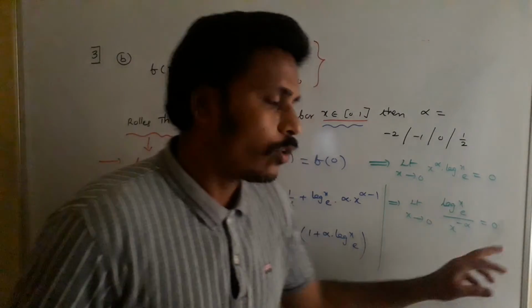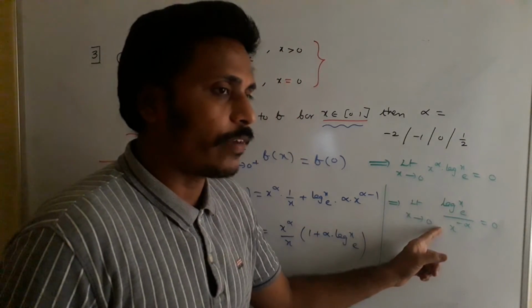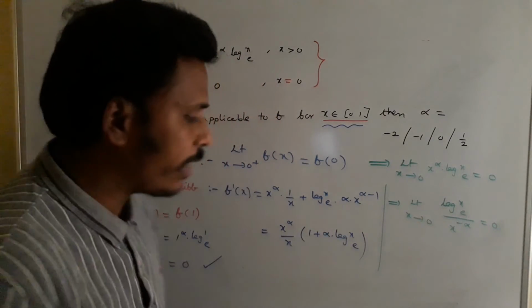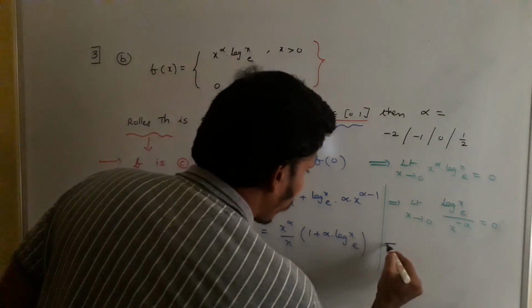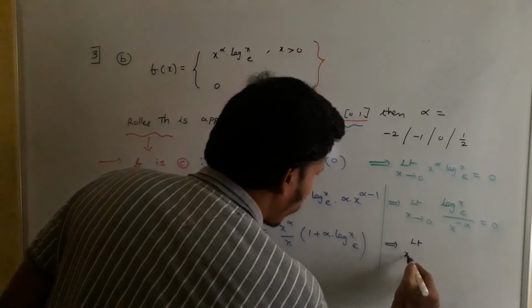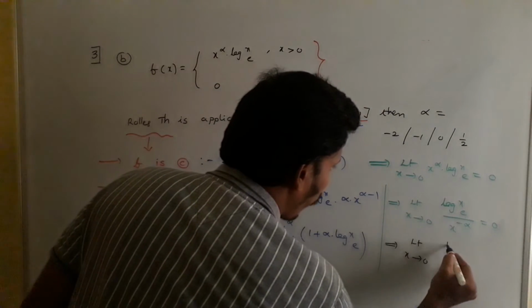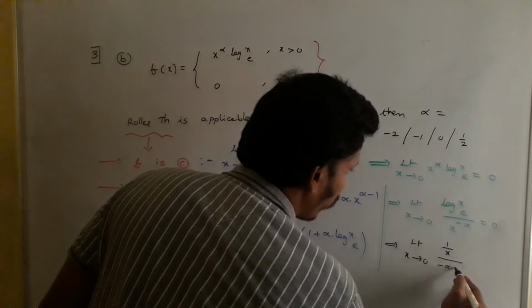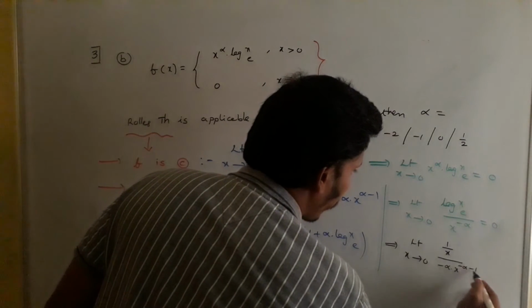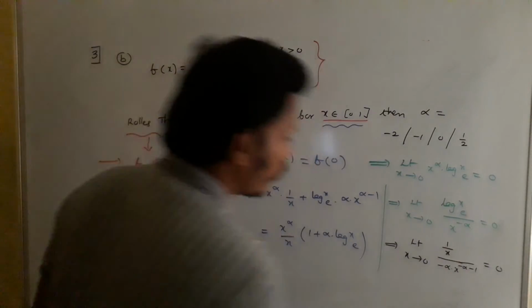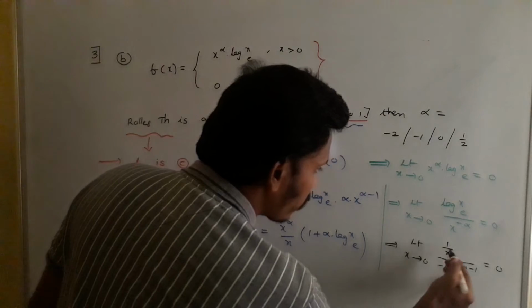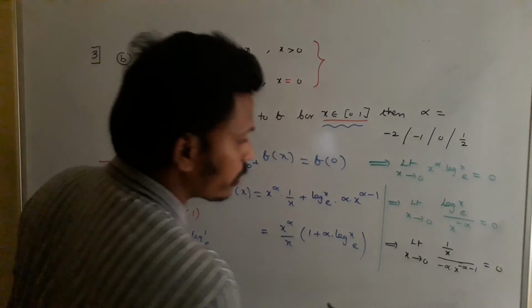To get 0, this side is actually infinity by infinity. This infinity by infinity, if you have for limits, we will go with the L'Hospital rule. So use the L'Hospital rule. That implies limit x tends to 0, derivative of log x base e is 1 by x, and the derivative of the denominator is minus alpha into x power minus alpha minus 1, and that is equals to 0. Right? If you try to solve this,